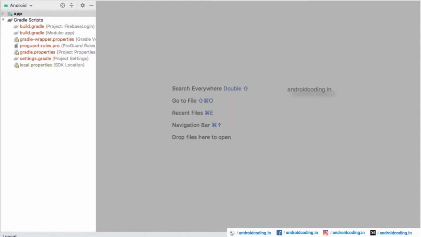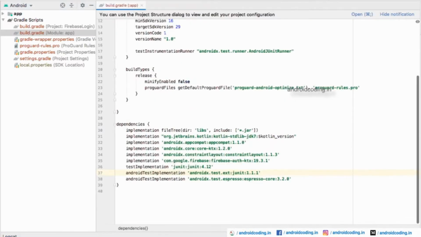If you have good knowledge of Firebase, no problem. Even if you are accessing Firebase for the first time, if you follow this tutorial, you will have a very easy way of implementing Firebase login. So let's start with our dependencies, and the easy way to add Firebase to your project I have shown in a link above in the card. If you follow it, you can easily update your current project with Firebase.